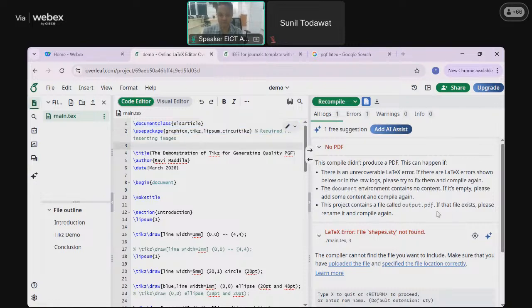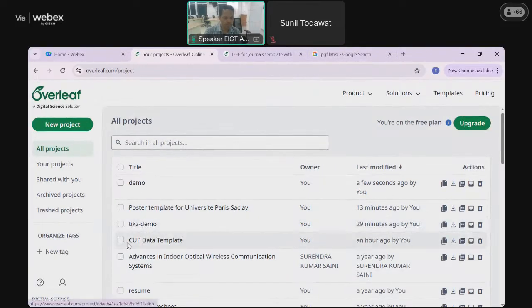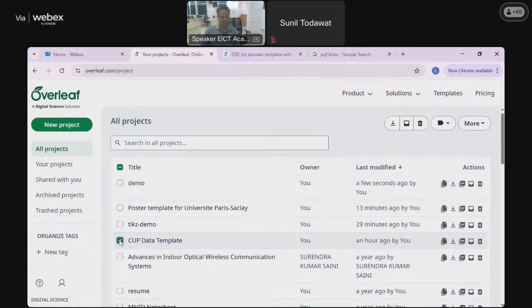You will receive errors. So in order to avoid these errors, some of the publishing houses are asking for submissions directly through Overleaf, meaning you can just go to, yeah, this is the journal, right? So you can directly say,